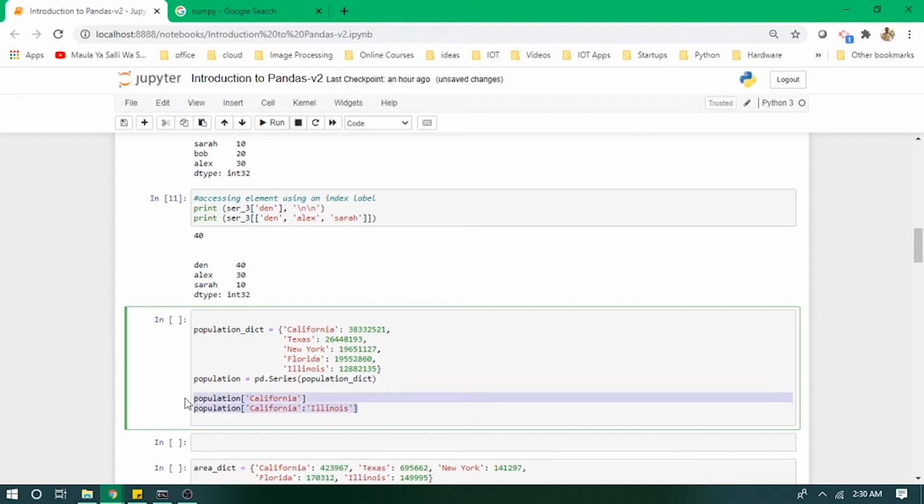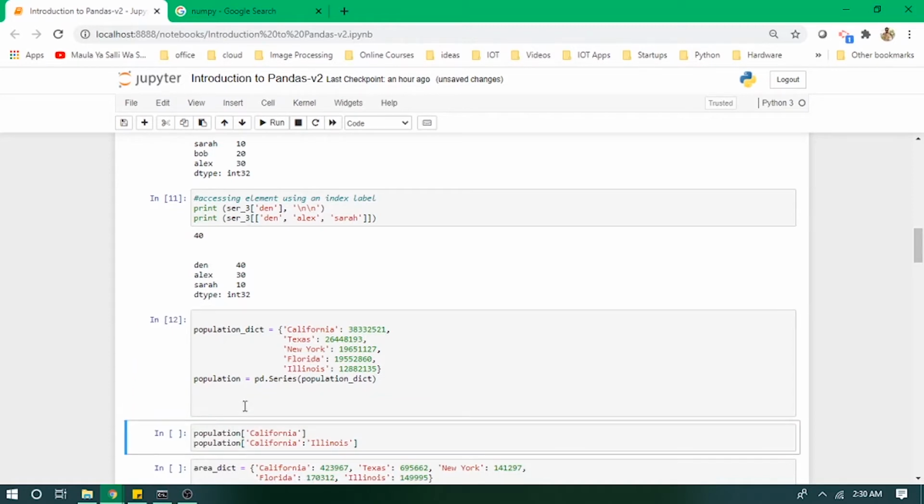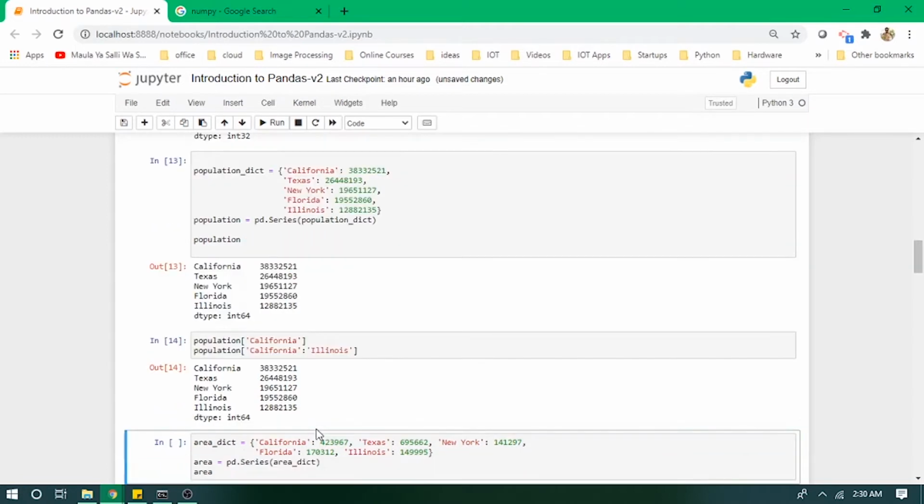So let's just exclude this and paste this here and run this command, and if I just print this population series, I will get a dictionary, not a dictionary but a series in which we have an index of cities and its population as values. So if I need to extract California population, I can just specify my series and then its key, or if I need to extract population from California till Illinois, I can just specify the indexes and it will give us an output in terms of